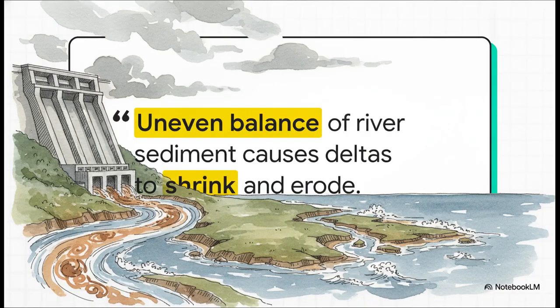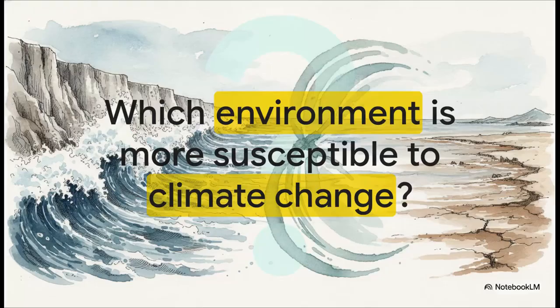If you're writing an essay on human interactions within coastal systems, let this quote anchor your final evaluation. The uneven balance of river sediment combined with human impacts causes deltas to shrink, erode, and become more vulnerable. That is the exact analytical conclusion, directly synthesizing your AO1 facts with your AO2 evaluation that your examiner is waiting to read. So, I'm going to leave you with a rather provocative thought to chew on as you continue your